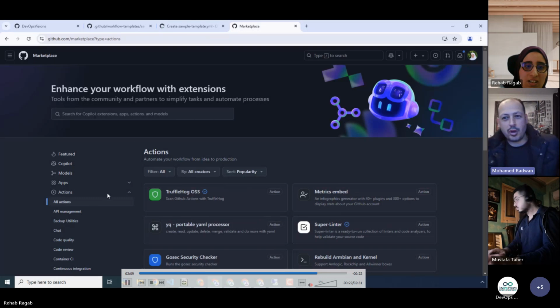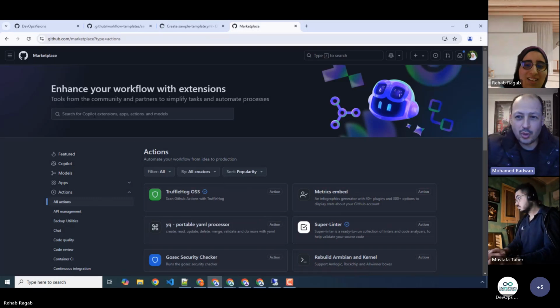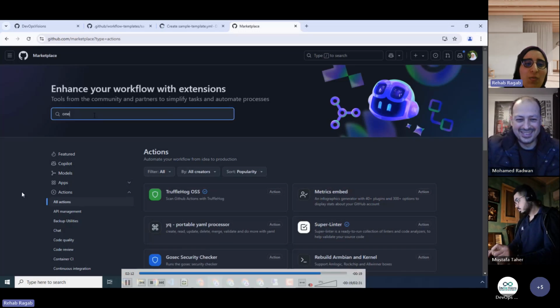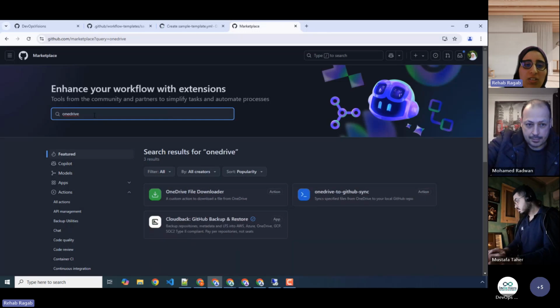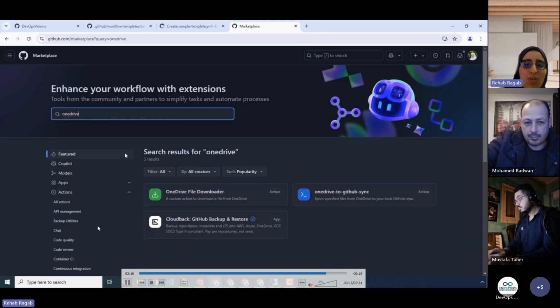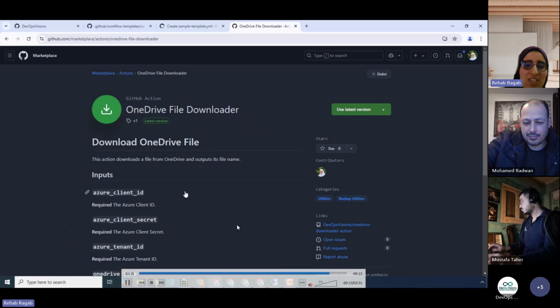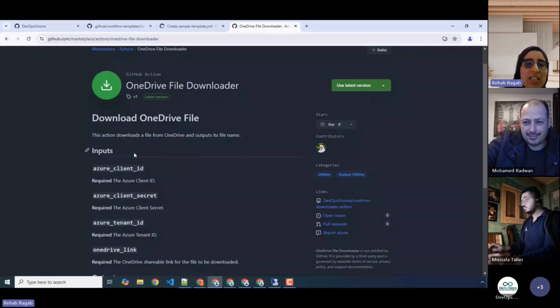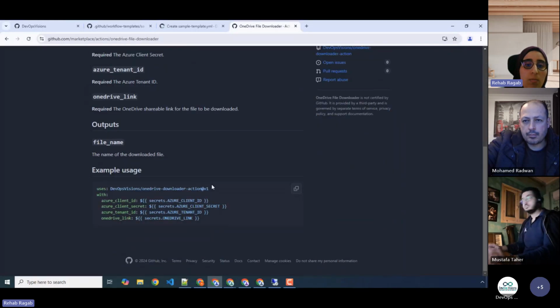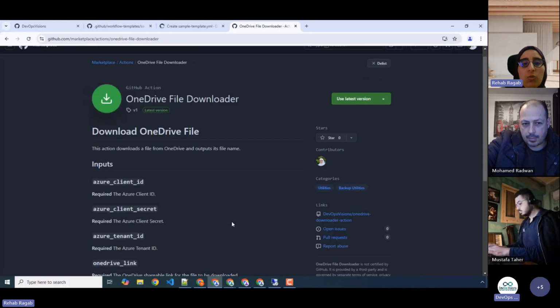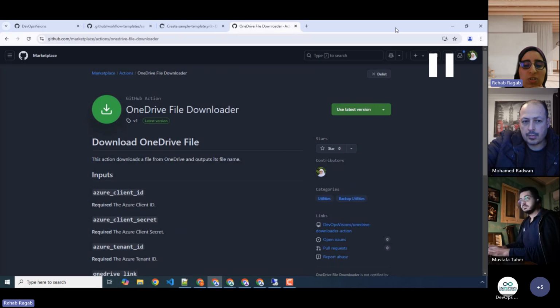We are one of the top contributors worldwide to publish custom actions on the GitHub marketplace. If we search here for OneDrive, this is our custom action by DevOps Visions community. This is the first version of the action. This action downloads the file from OneDrive, and you can use it.